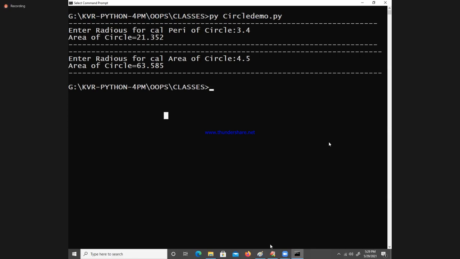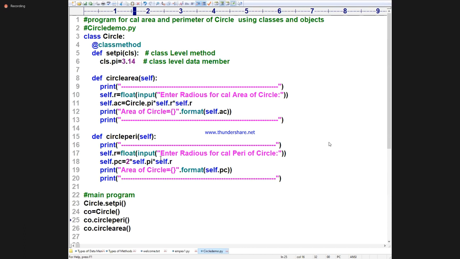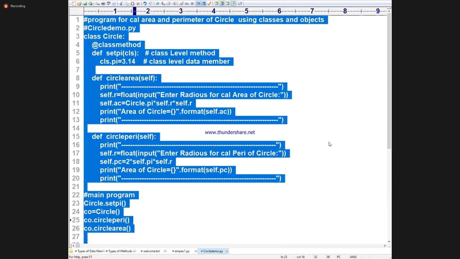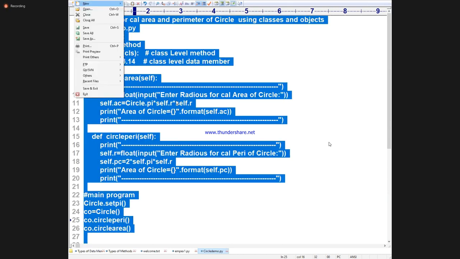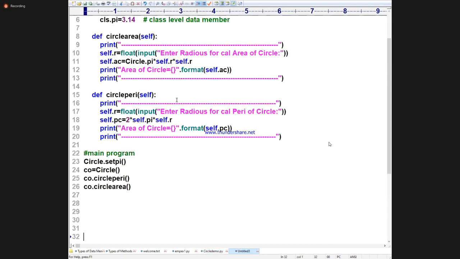Now, the same program I will do in another way also. How will I do it, guys? Can I tell you another way? Same program, let me do it in another way also. If you don't mind, I will take this. And once we know coding well, you can do it any way. Not at all a problem.